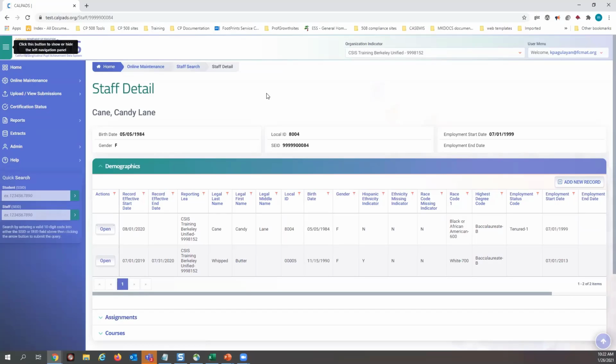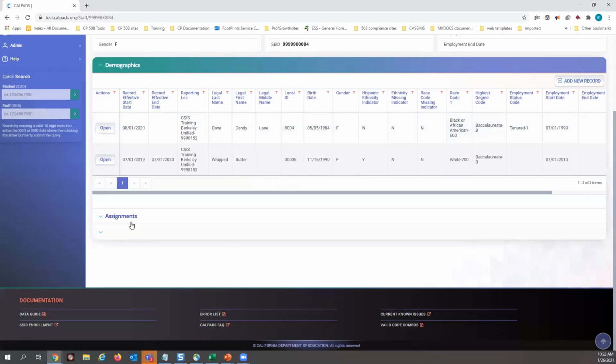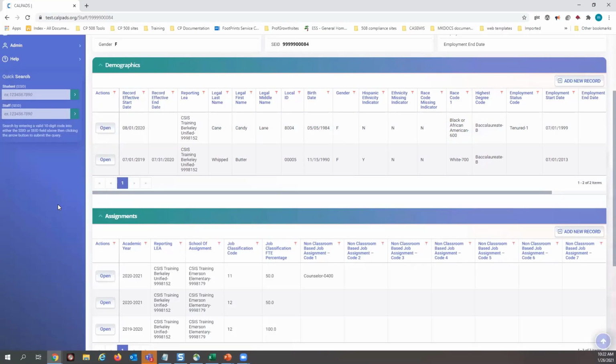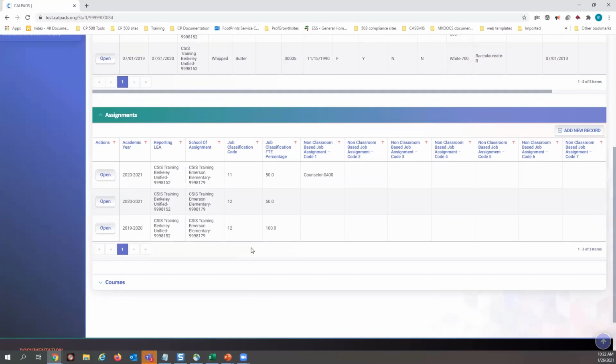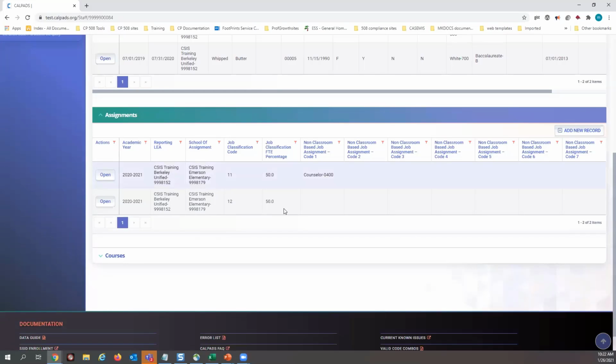So here is a staff member who is currently employed and who is a teacher and pupil service, okay? Notice here that this staff member has a total of 200, okay? You can report a staff assignment for a teacher multiple times. However, you only have 100 here. So in this scenario, a teacher is employed as a teacher at Emerson Elementary with 50% FTE and is working as a pupil services as well.